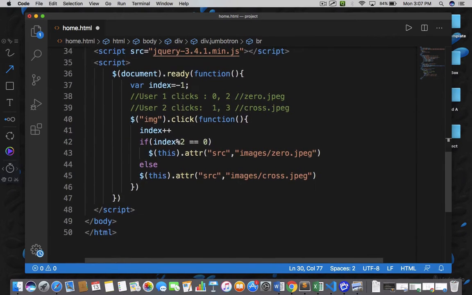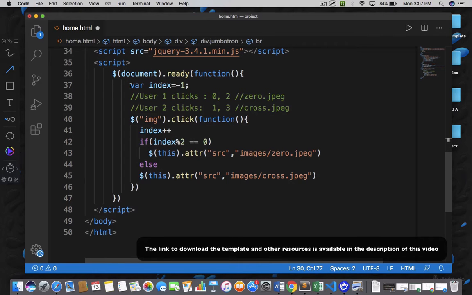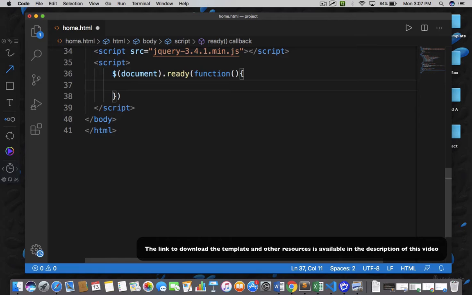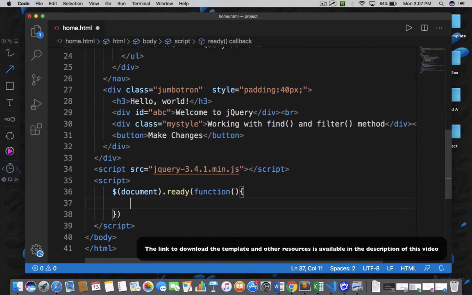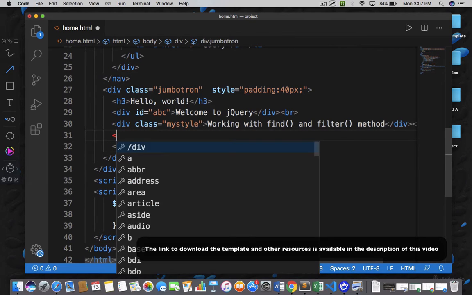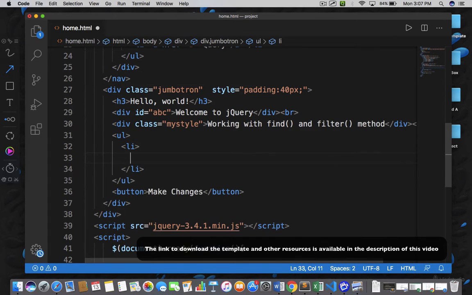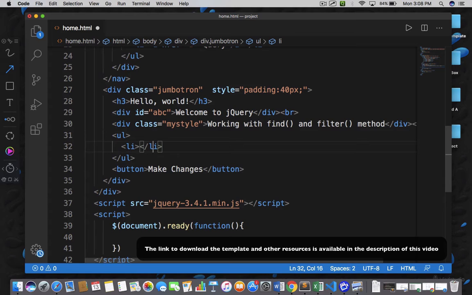Now I will go to the ready function. Here I need to erase this code, and now we are ready to start working with the find method. First, I would like to add some HTML code in my document. So here I am going to add an unordered list, and within this unordered list I'm going to add two